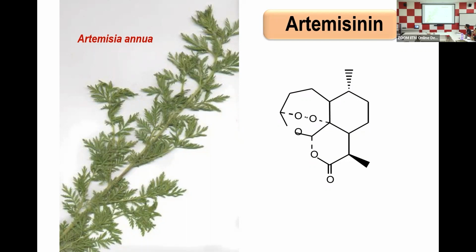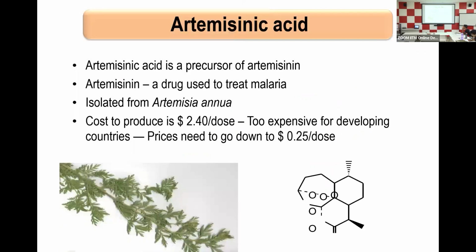So artemisinin is a very valuable molecule because it's an anti-malarial compound. It's used today as a medicine, and is one of the best molecules that help to control malaria. So the origin of this compound is a plant called Artemisia annua, and for centuries it has been known that this plant, or its infusions or its extracts, had something that was really good for combating malaria infections. Okay, so